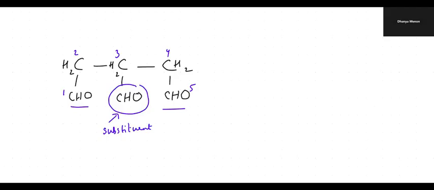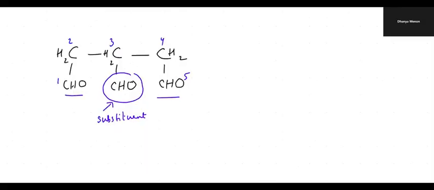Now you will learn that if there are multiple functional groups, there are priorities. Sometimes, if there are 2 or 3 functional groups, all the functional groups cannot be made as a functional group. Some functional groups have to be treated as a substituent. Suppose in this case we cannot number this CHO, so we have to treat it as a substituent. In that case, we can use the word formyl. So at the second position, I have formyl, pentane,